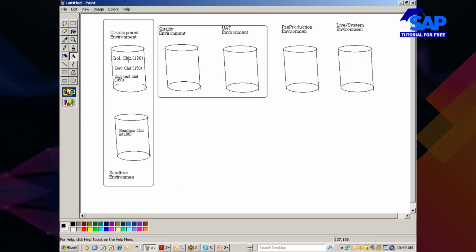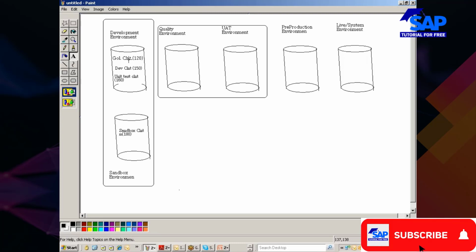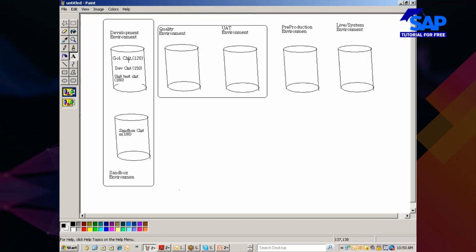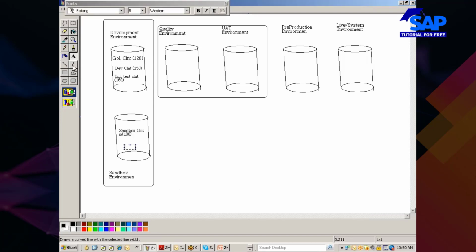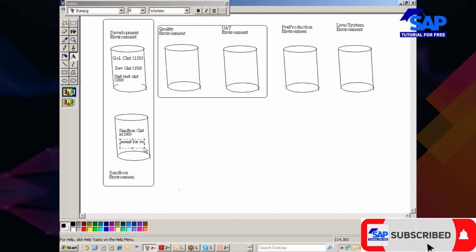So I have to have a place to do my research. The place where I will be doing all my research is called the sandbox system or sandbox client. I would say this is meant for research.